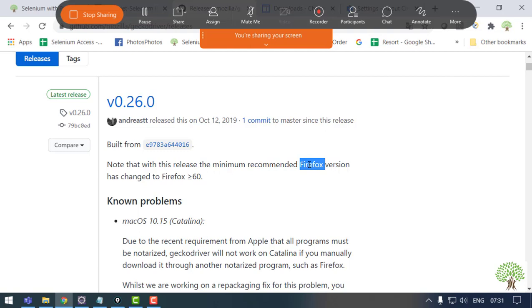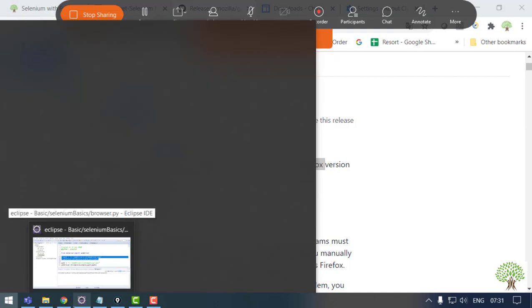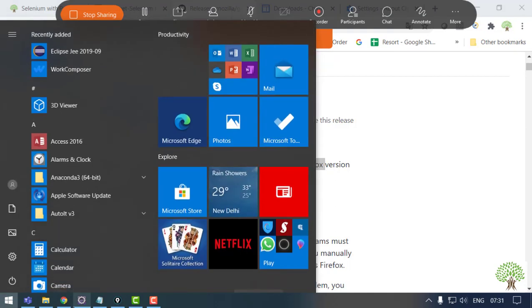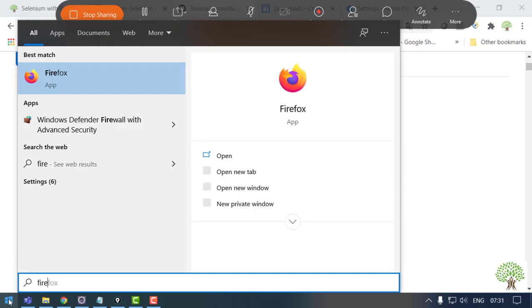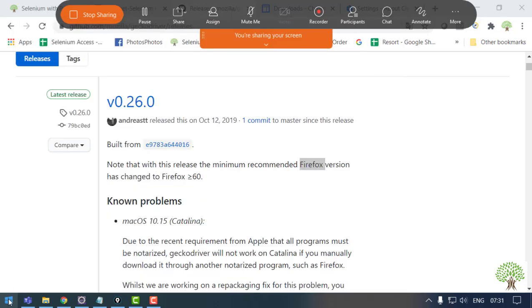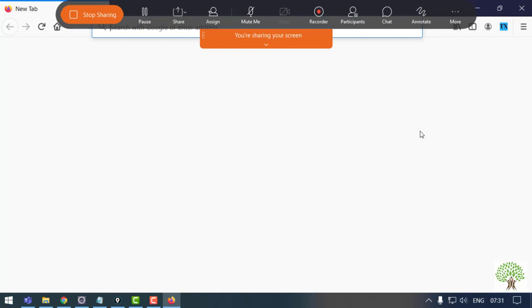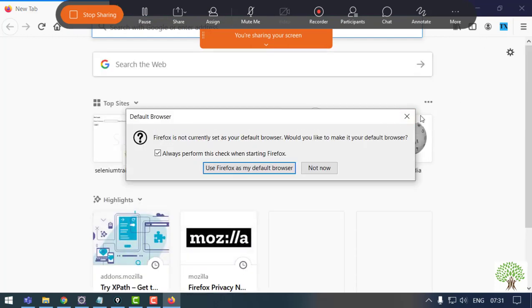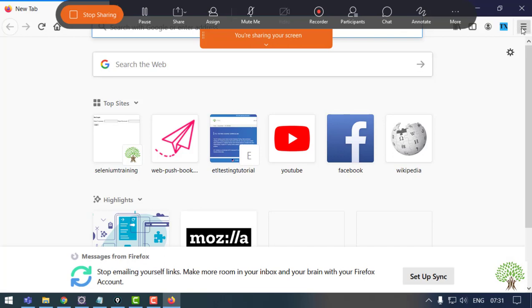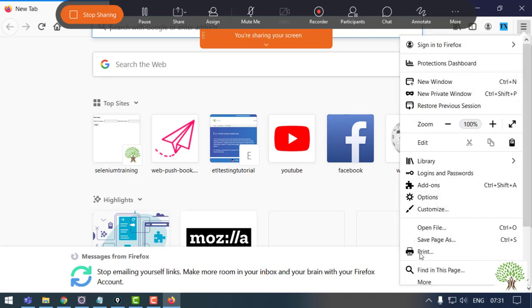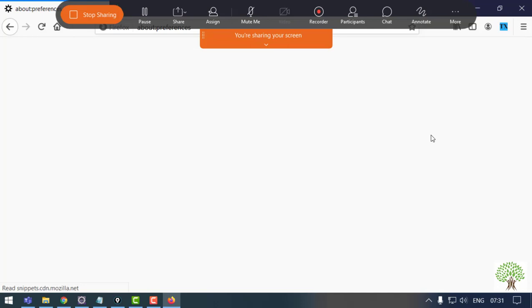But for that, you can make changes in your Firefox browser. I'll open the default browser. So over here, again you have to go to the options.